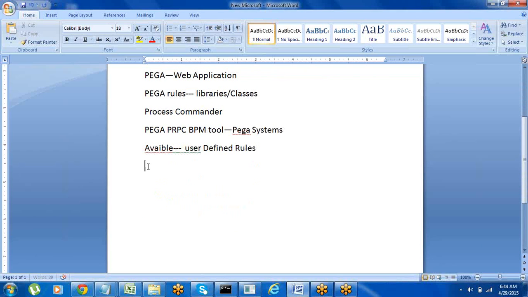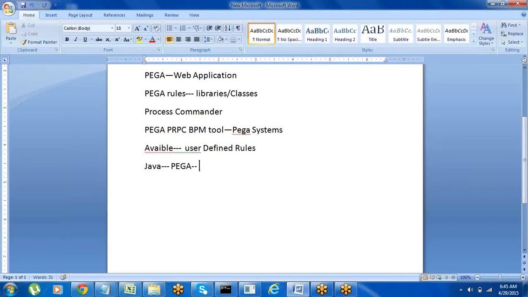Another thing is, when we compare Pega with the Java language, because we don't have any other competition in the BPM market, I can say the only competition is the Java language. But when we compare with Java, we have so many advantages over Java. I will tell you some sample differences. Normally in Java also we can develop web applications. In Pega also we can develop web applications. Whatever we can do in Java, we can also do in Pega. For example,